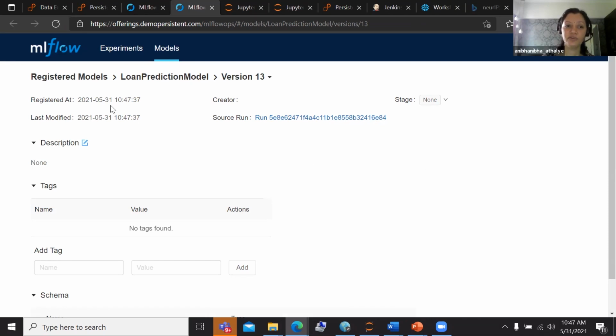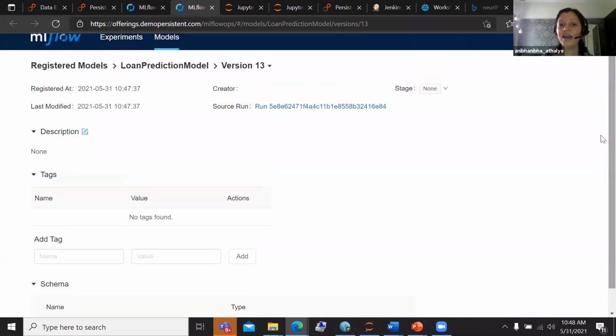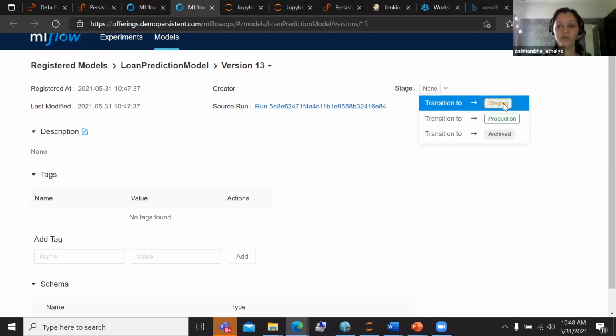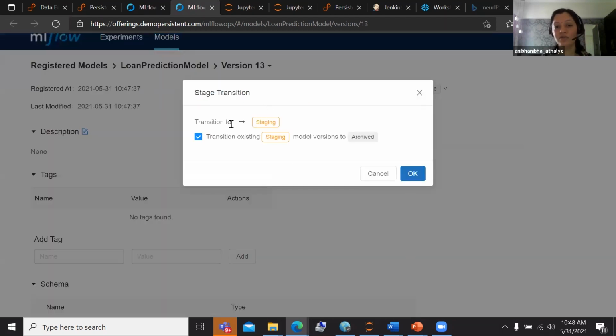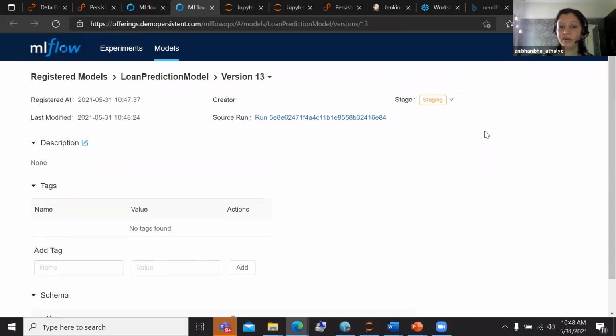It shows all the details: at what time this model was registered, when you modified it. Again, you can manually add certain tags over here, saying that this is a model which is XYZ and I want to tag it. And then most importantly, you can put a stage or tag it to one of the stages. Let's say I want to tag it to staging. I am done with the basic development. This needs to go on to the stage. So, it will transition that specific model onto your stage environment.